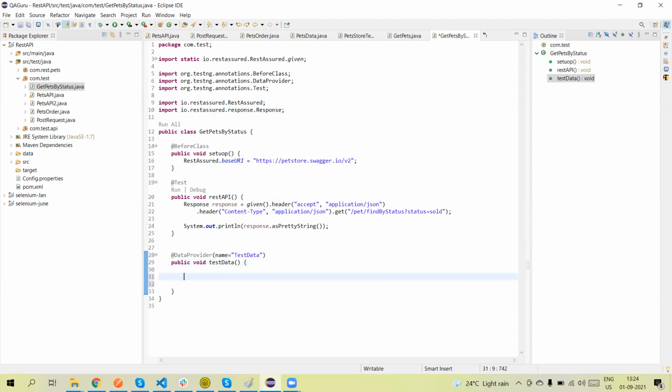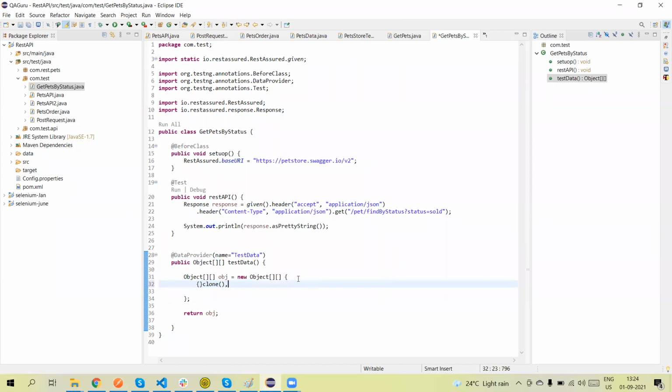So let me create the object array, obj equal to new Object, and we will return this obj. So the return type will be Object. Now we can pass the three values because this is a two-dimensional array.